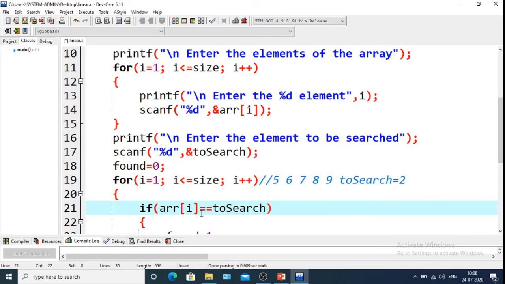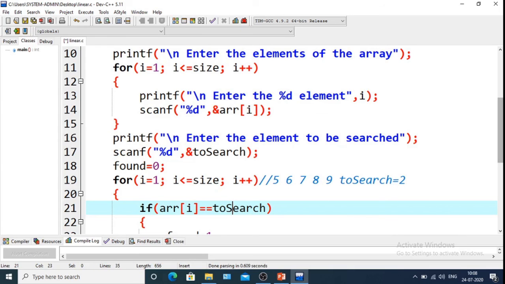It is no. Next ARR 2 will be checked, the answer is no. Next ARR 3, the answer is no. Next ARR 4, the answer is no. Next ARR 5 will be checked, and the answer is no.